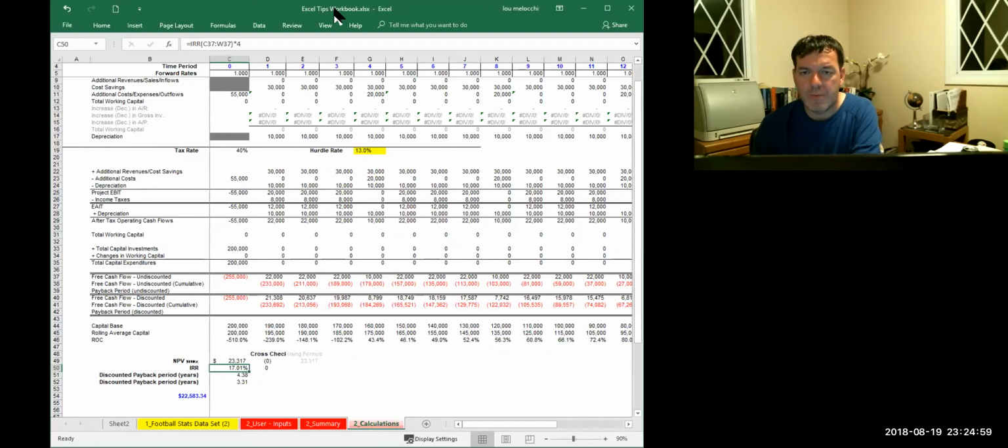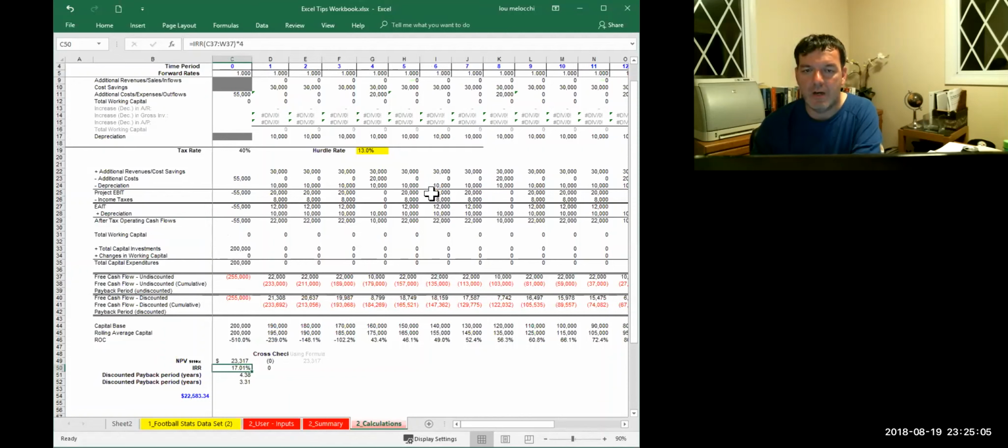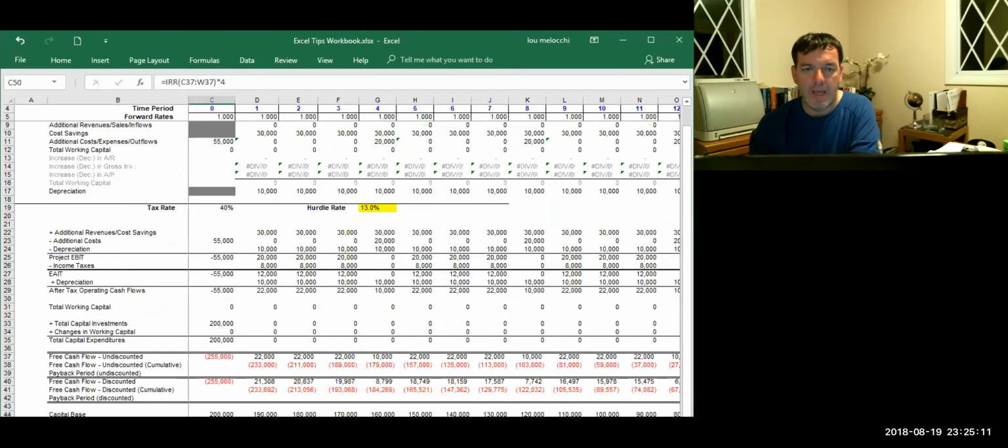So hopefully this has been helpful. And again, these are resources that you can use to get a little bit more acclimated with Excel, as well as a fairly advanced discounted cash flow model. I hope you've enjoyed them. And let me just flip back and close this thing out here. I will stop this share and I'll go back to our PowerPoint